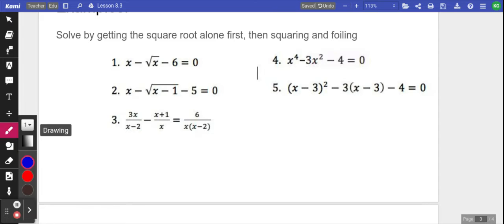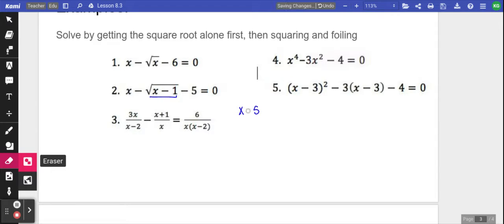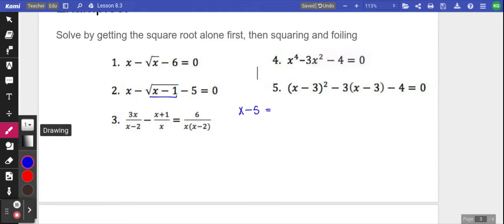Okay, number 2, again, I'm going to start by isolating the square root here. So that's going to give me x minus 5, couldn't see that negative back there, equals the square root of x minus 1. Now that it's isolated, I can square both sides, which would give me x squared minus 10x plus 25 equals x minus 1. Setting it equal to 0,